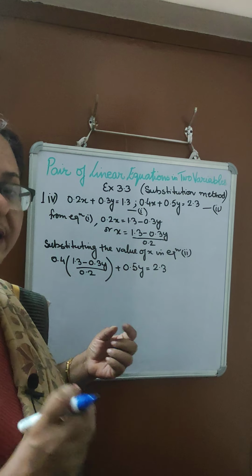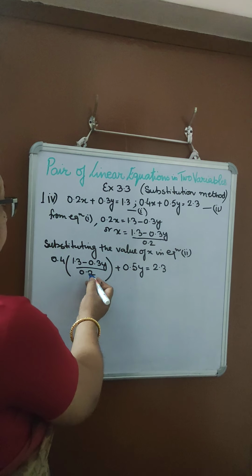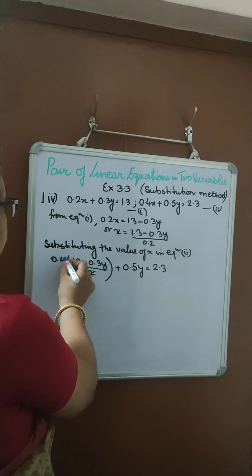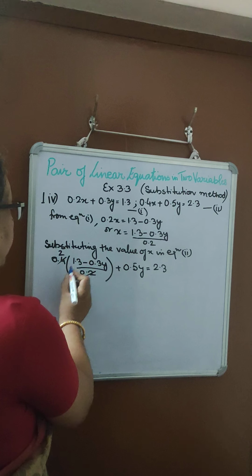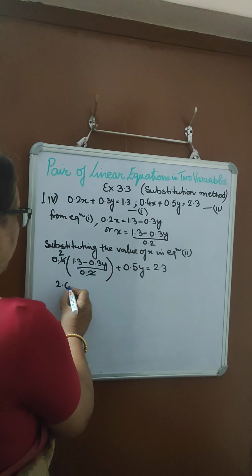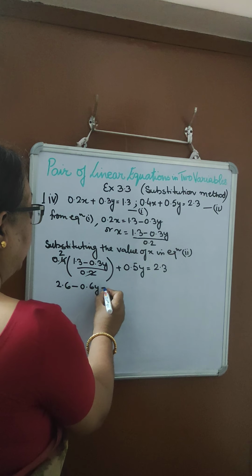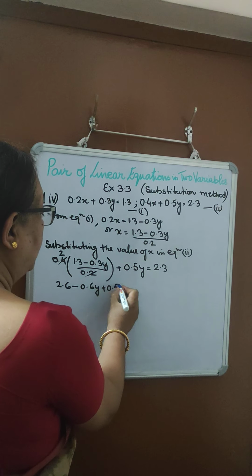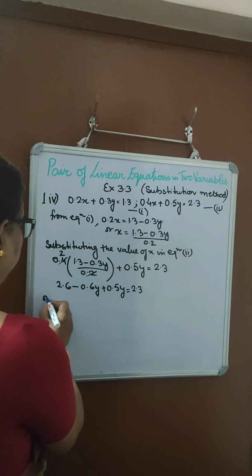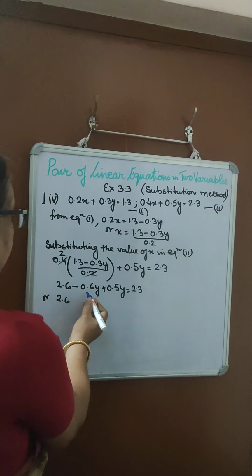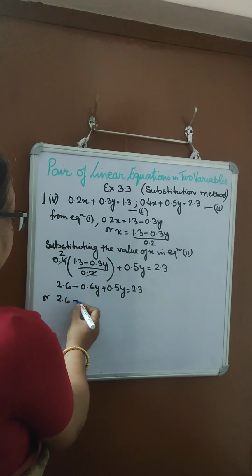Okay, and now simply solving. So what can we do? This 0.2 and 0.4 gets cancelled, leaving 2. So we multiply this. 2 into 1.3, that is 2.6 minus 0.6y plus 0.5y equal to 2.3, or 2.6 minus 0.6 and plus 0.5. What do you get? Minus